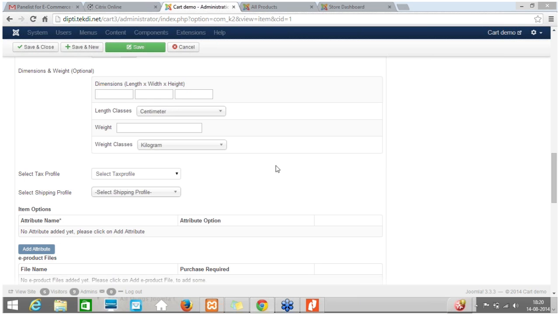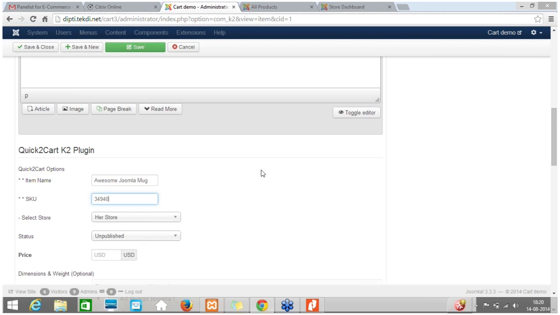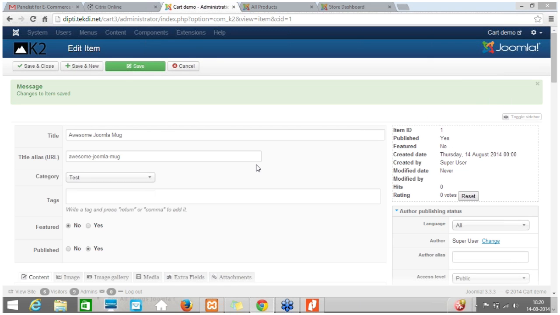Sure, let's do that. One question is, if I make a purchase in Quick2Cart, do I make it on my Joomla site, or am I sent to the payment gateway? That really depends on which payment gateway you're using. If you're using, let's say, PayPal standard, you have to go to PayPal to make the payment. But if you use, let's say, PayPal Pro, or Paymill, then the payment happens on your site